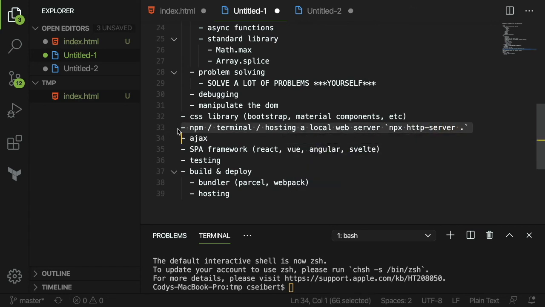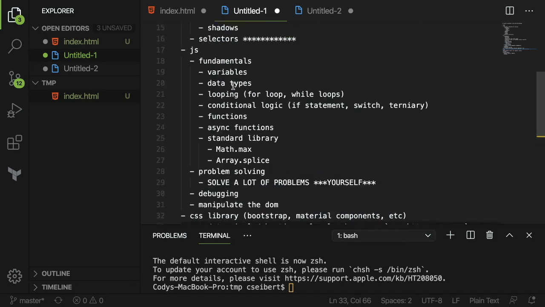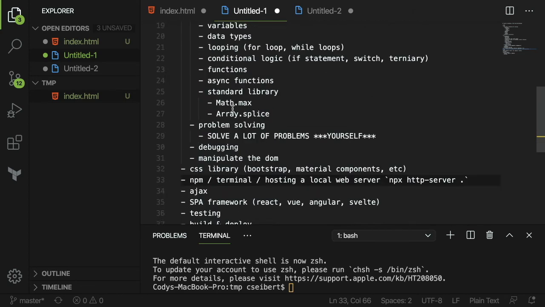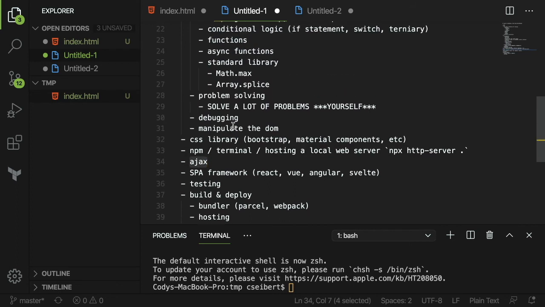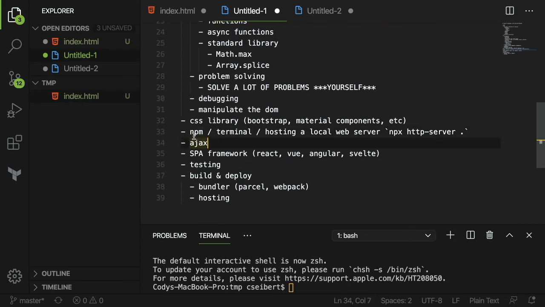So there's a lot of stuff that you could learn in this. I wouldn't say become a master at this, but just know the basics of how you use npm. Maybe watch the tutorial. How to use your terminal? Watch the tutorial. Mainly for CDing into different folders and stuff like that. And then obviously you're going to need to learn how to host a website if you just want to do static web hosting for your index files. But at some point, if you've become pretty familiar with that,